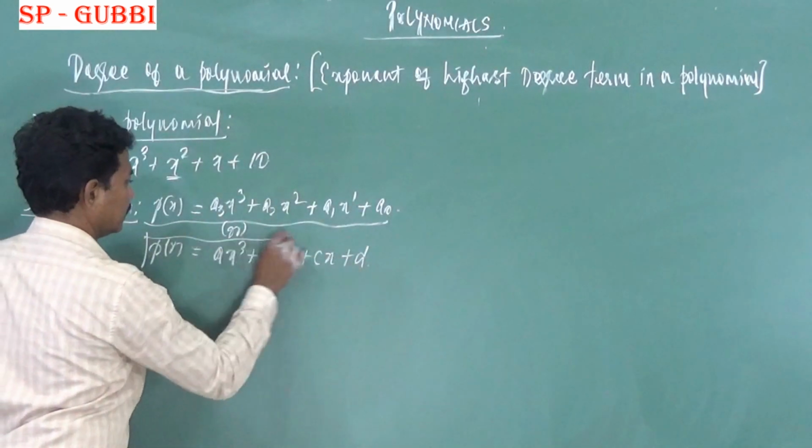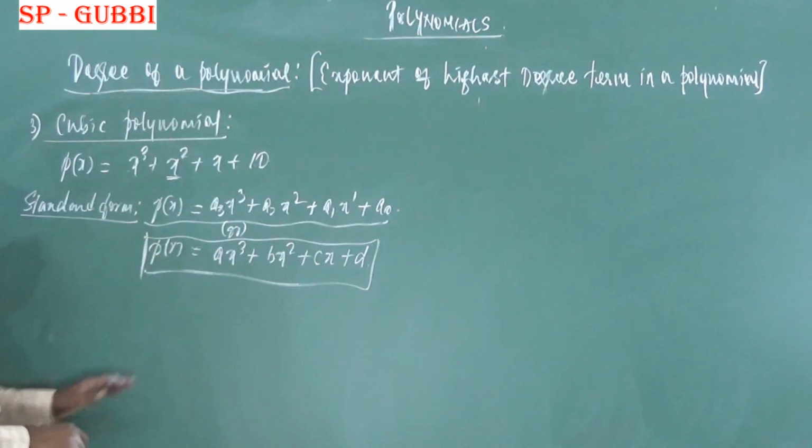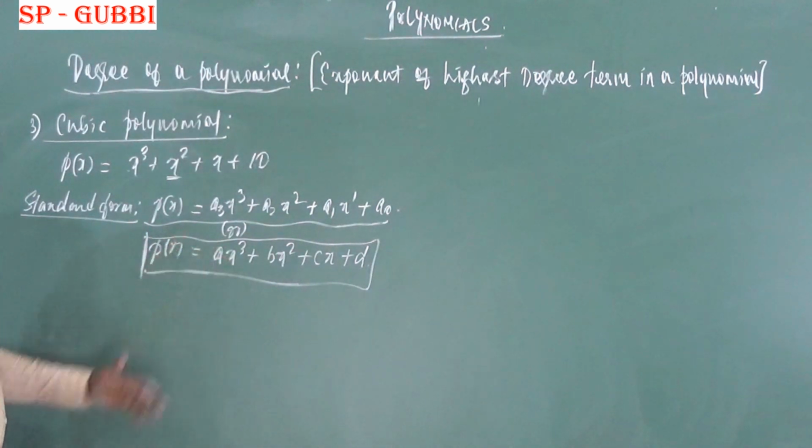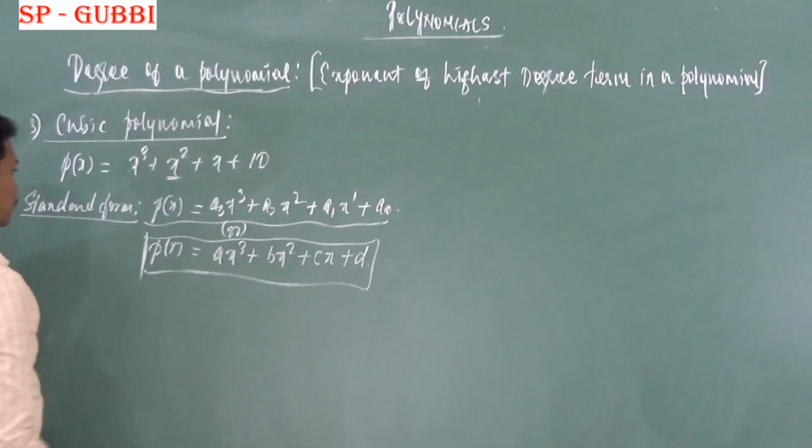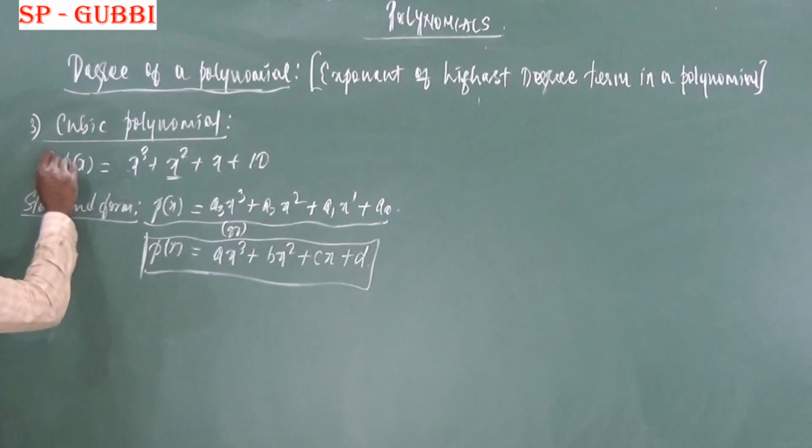So this is also the standard form of a cubic polynomial which is being used in your textbook. In between the terms you may have a plus sign or a minus sign, that depends on the polynomial. So a cubic polynomial